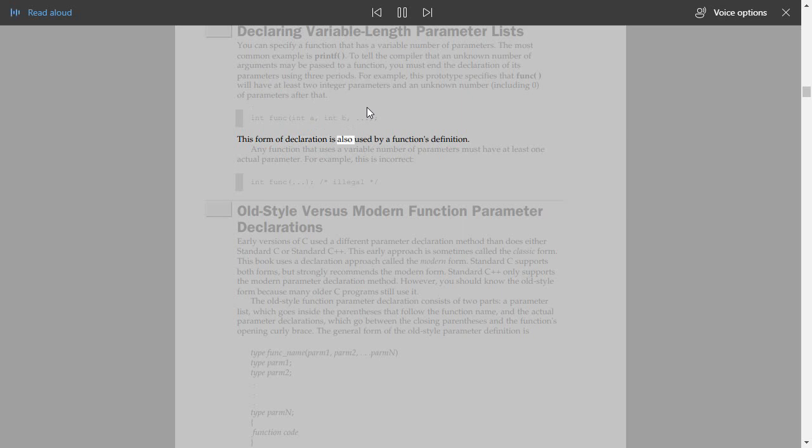This form of declaration is also used by a function's definition. Any function that uses a variable number of parameters must have at least one actual parameter. For example, this is incorrect: int func(...); /* illegal */